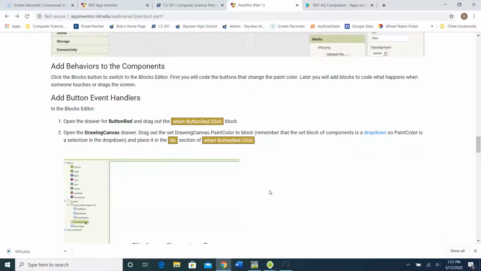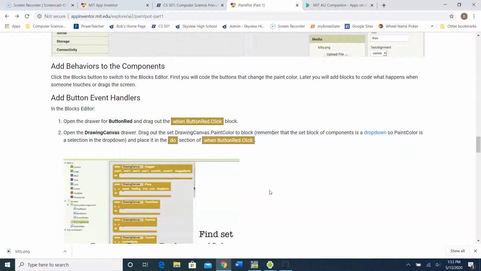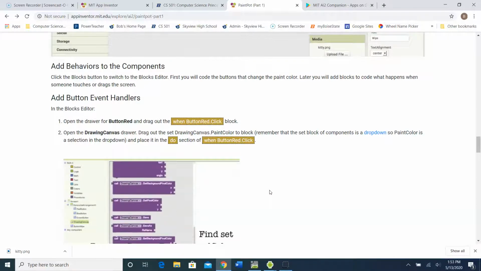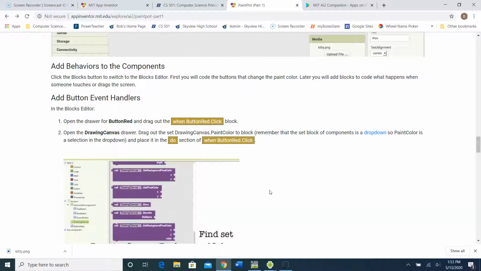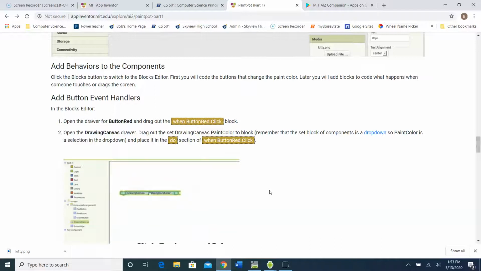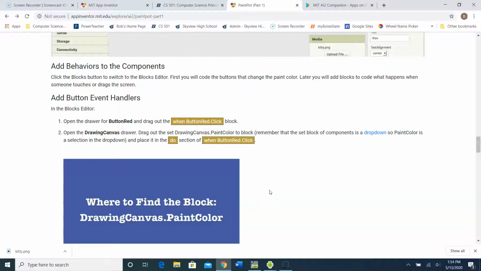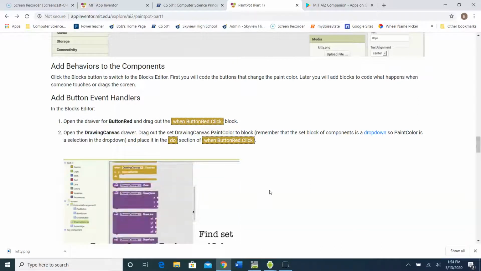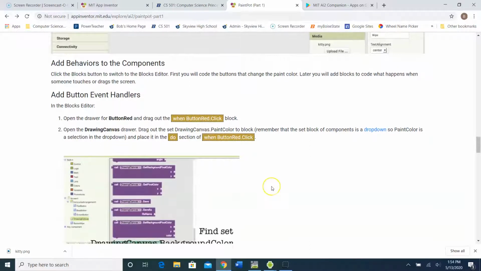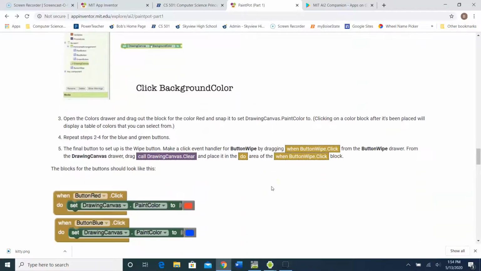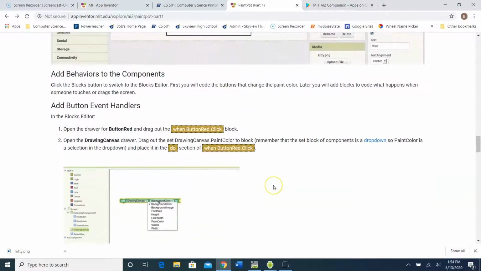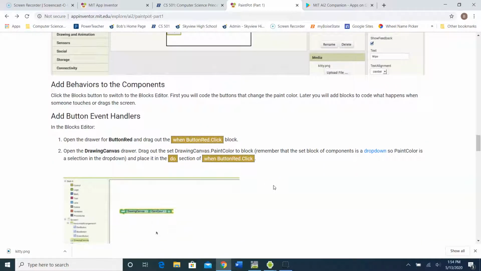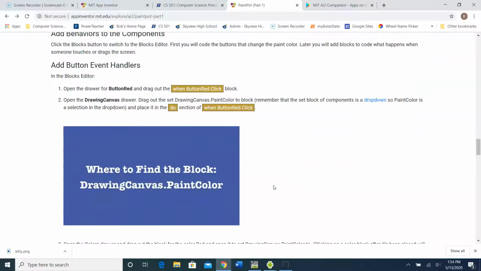Okay, event handlers. So when we hit a button, it is an event, and we need to come up with what's going to happen or how the program is going to handle the event that we are asking it to handle. So when we hit a button that says red, that is the event, and we need to handle that with programming so that the response is what the user expects. So right now we're going to be able to flip into our block portion of our App Inventor project, and start coding up